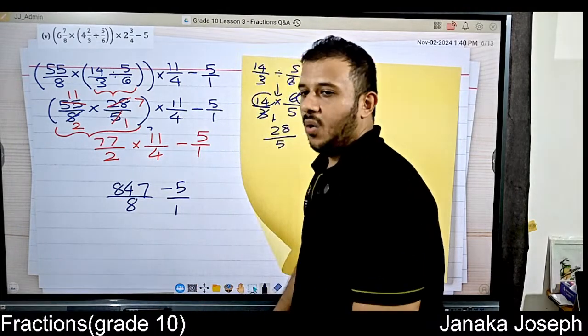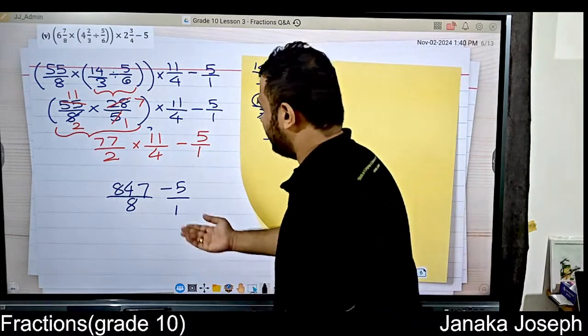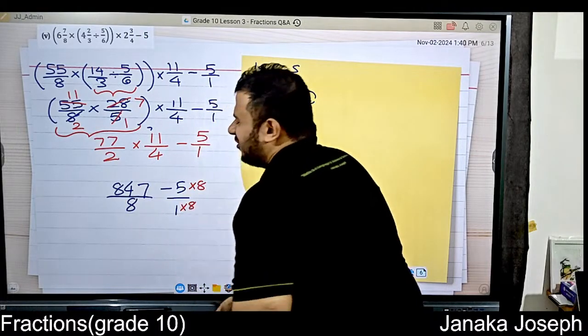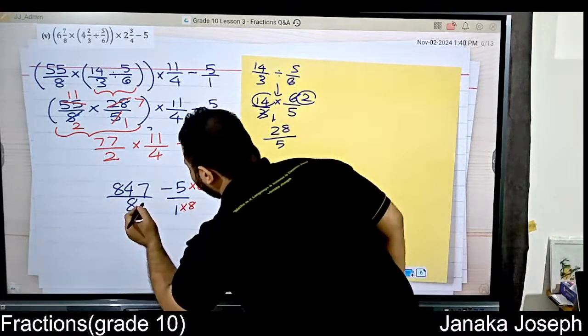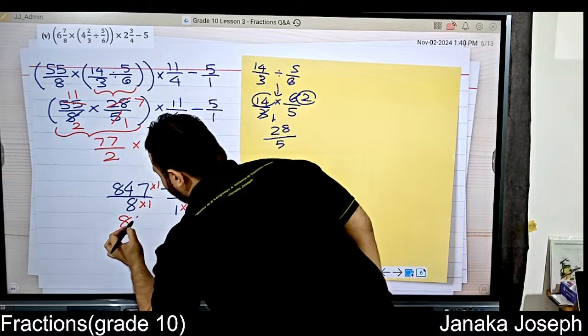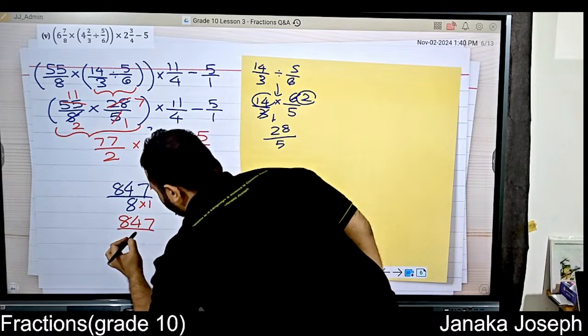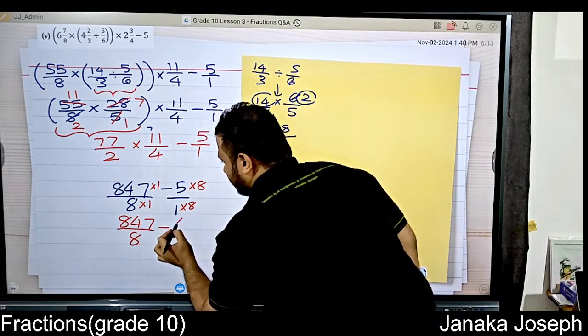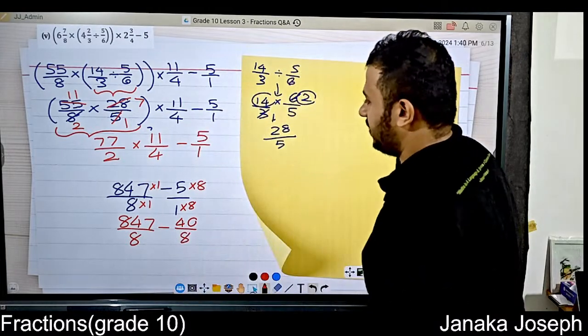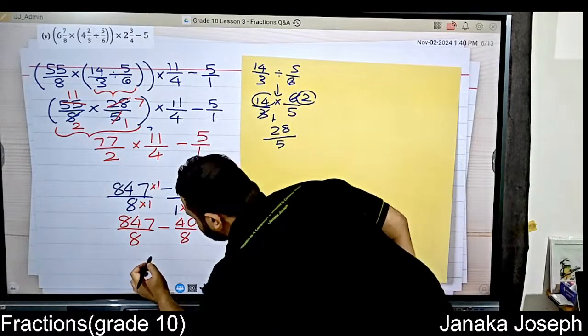Now, what is the best denominator? Definitely 8. So you will multiply here by 8, multiply here by 8. If you really want to write something here, you can write multiply by 1, multiply by 1. Yeah. 847 over 8 minus 40 over 8. And once you do that, take away, you will get a